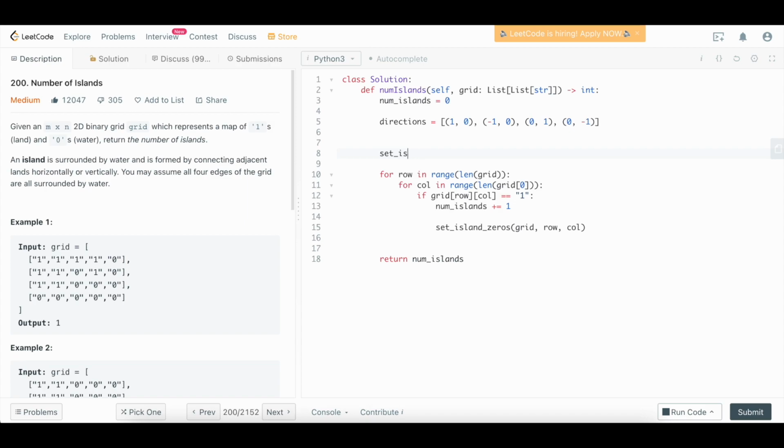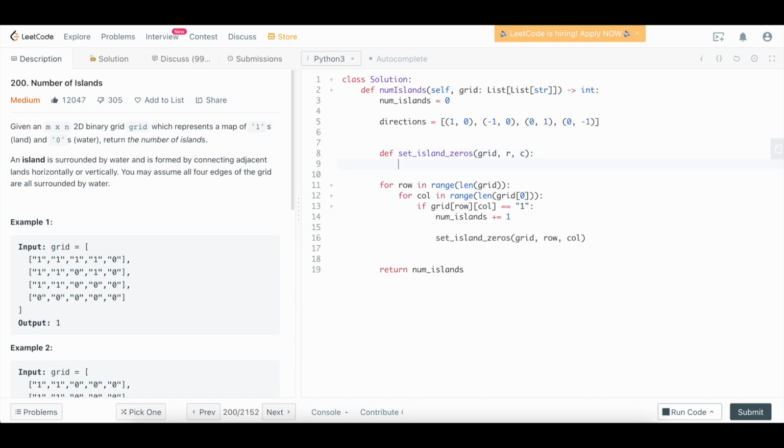Set island zeros. We actually need to define it. Def set island zeros, and it's going to take the grid, it's going to take the row, and it's going to take the column, right? So like we did with the problem to find the max area of an island, we need to make sure that when we're calling our depth first search that we're actually within the bounds of the grid and that we are